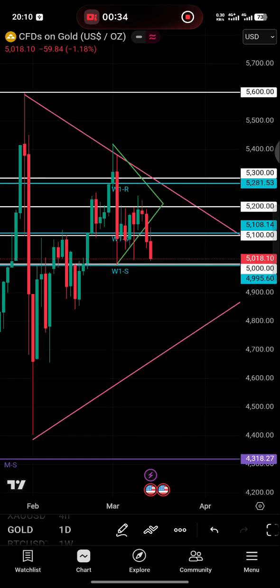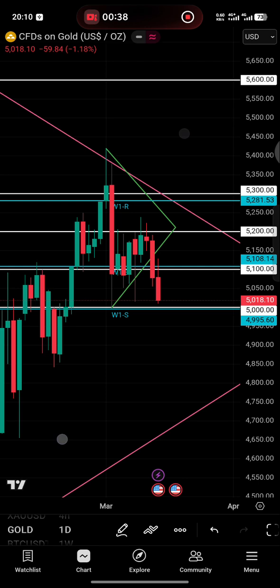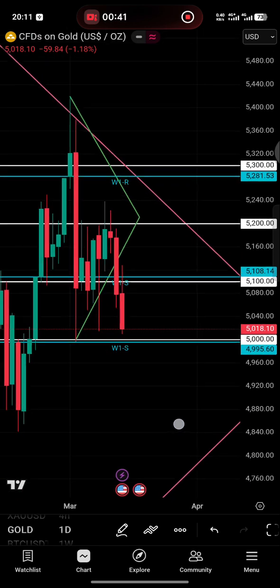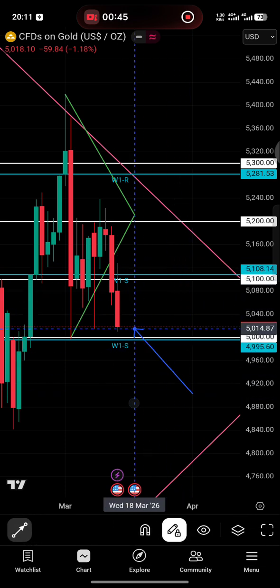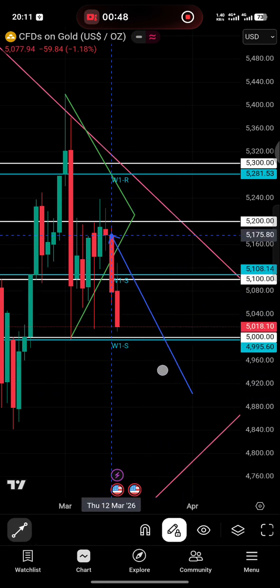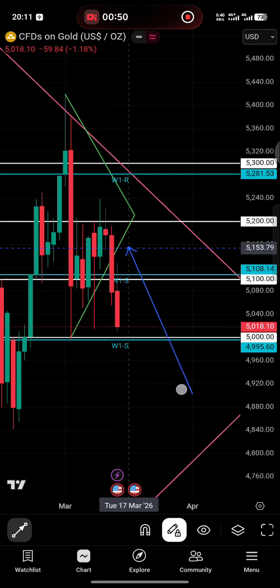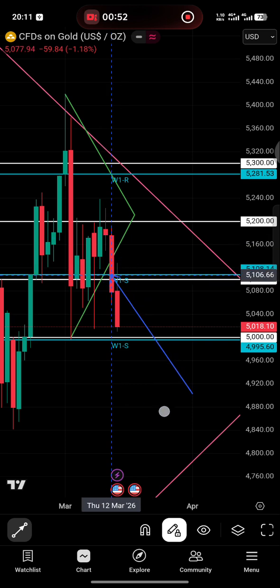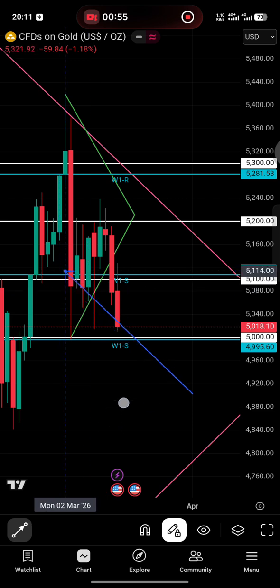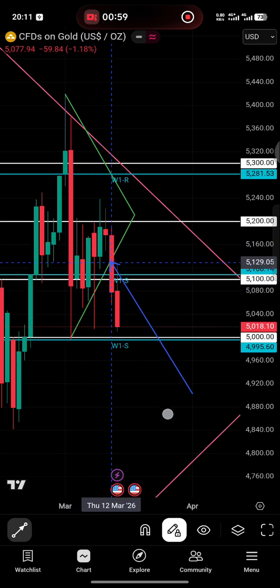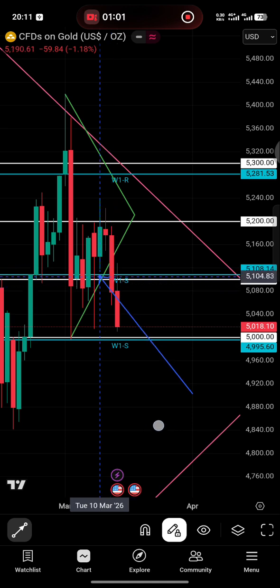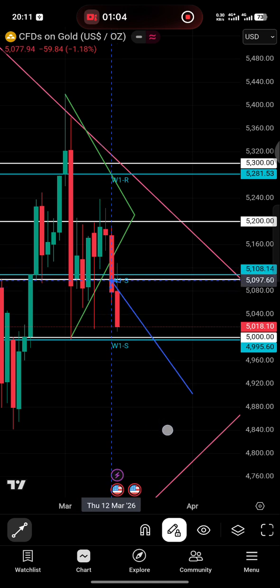Now today I'll start by analyzing the daily time frame first, because we can see on the daily time frame that price has broken support, right? Price has broken support from the first candle on the Thursday. On the Thursday, this candle has already broken this support over here, which is also the reversal, and has also broken the weekly support and the support at 5,100, which is also a key support because it is a